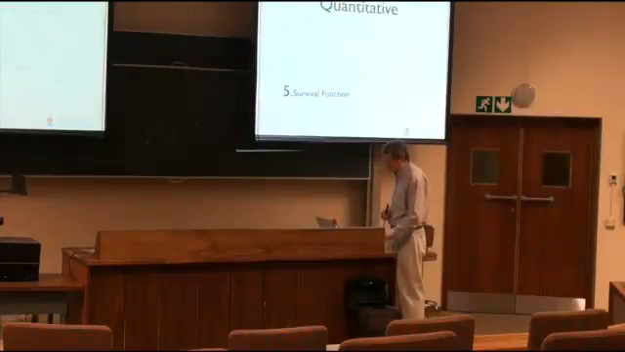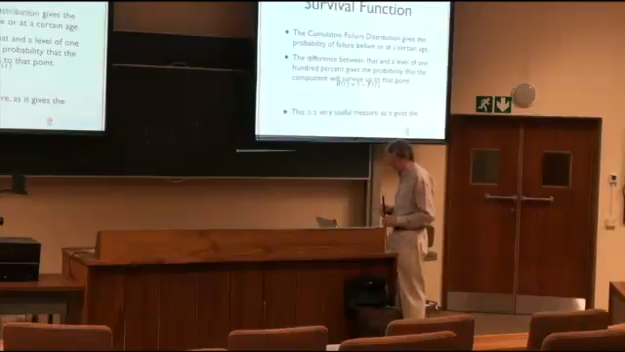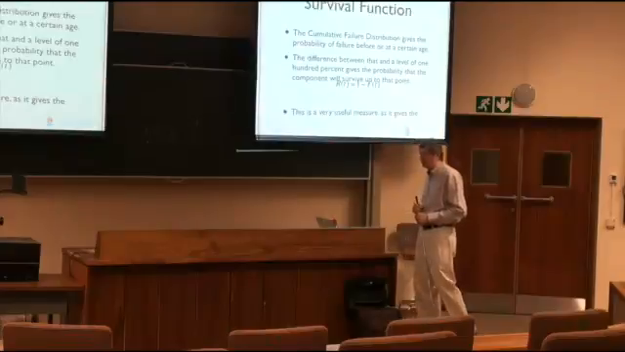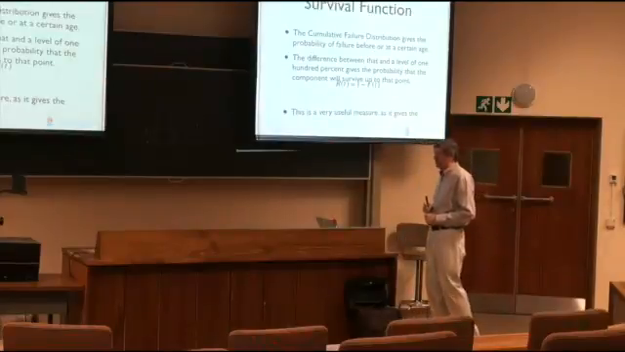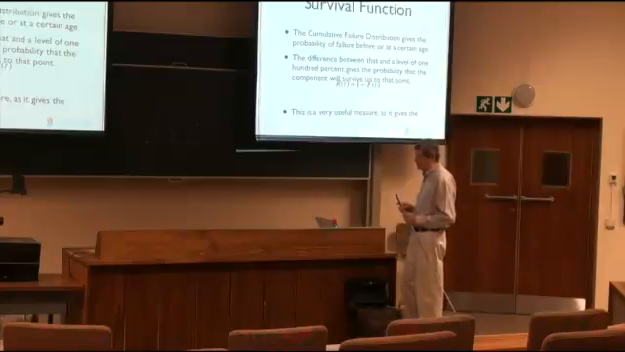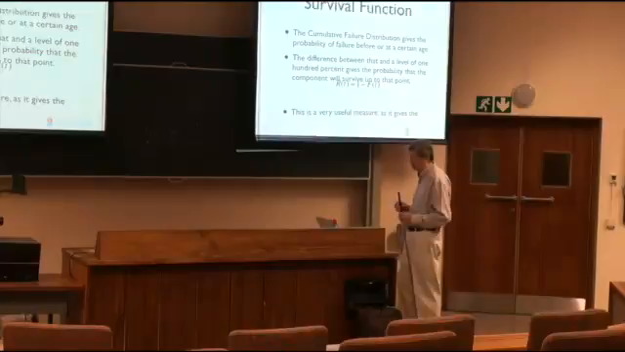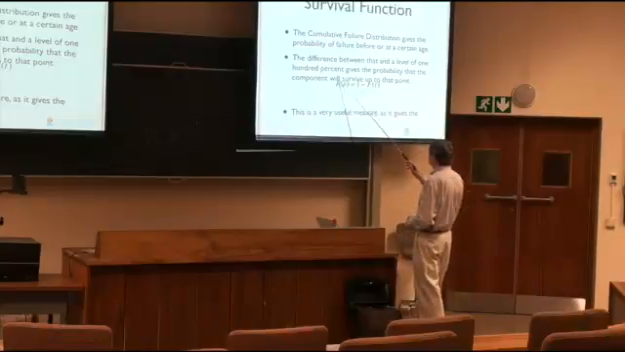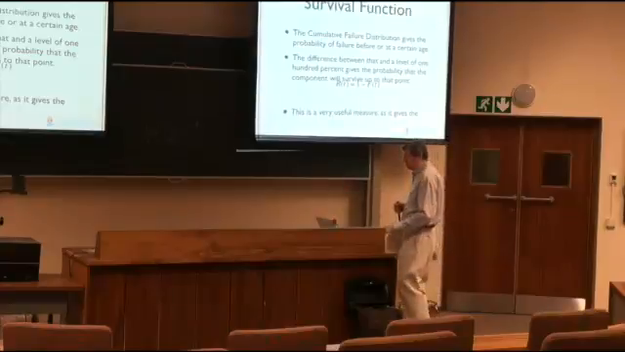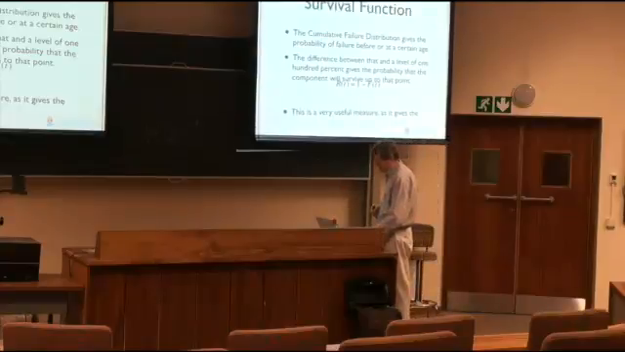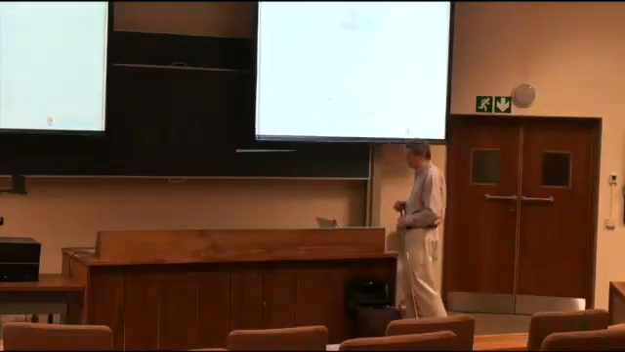The fifth function is the survival function. We say the cumulative distribution gives the probability of failure before or at a certain age. The difference between that and the level of 100% gives the probability that the component will survive up to that point. That it will survive up to that point, and that's given by RT equals 1 minus FT. This is a very useful measure,